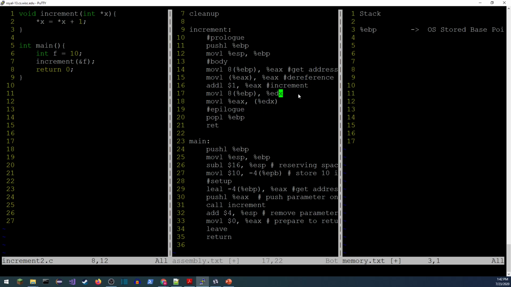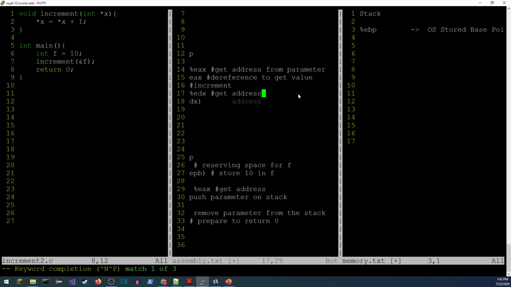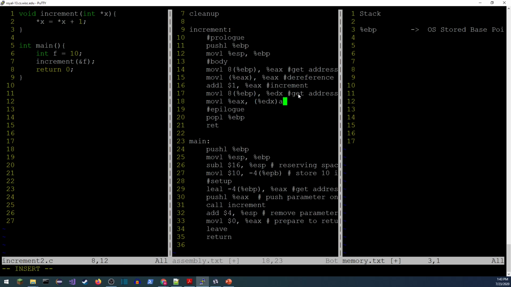Then we needed to store that value back. So we need to go get the address where we wanted to store it. Get the address this time. Store in address. And then epilogue. Pop the base pointer and return.